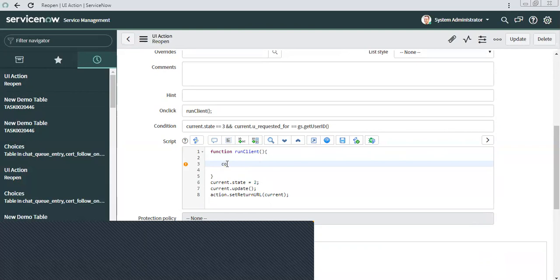So here you will say if confirm, and any message, like are you sure to reopen this ticket.